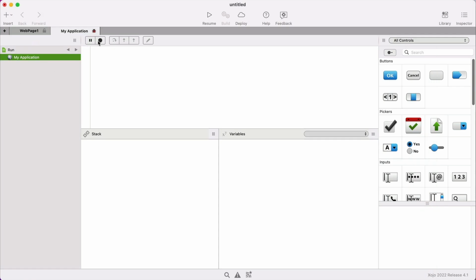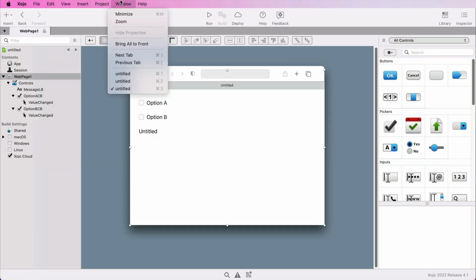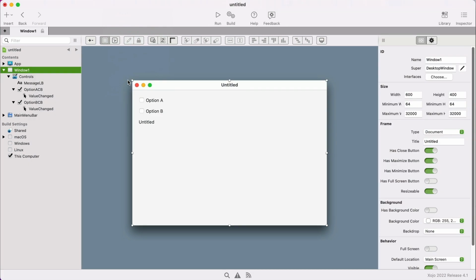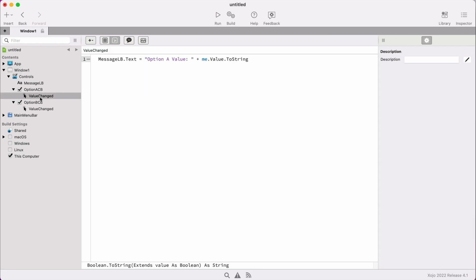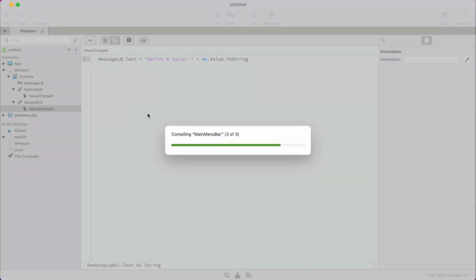This is exactly the same when you're using the checkbox control in the design of desktop apps with Xojo. As you can see here, we have the same design for the UI with the value changed implemented in the two checkbox controls and executing exactly the same code we did for the web example project. So every checkbox is going to update the label text property to reflect the current state of the clicked checkbox